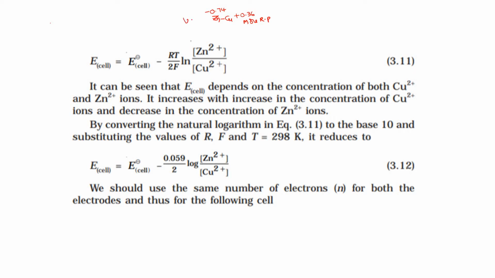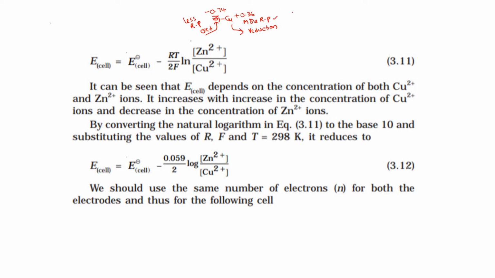This one is having less reduction potential. Now this will undergo reduction, and this will undergo oxidation. Which one? Zinc. Zinc undergoes oxidation because it has less reduction potential, and copper undergoes reduction because it has